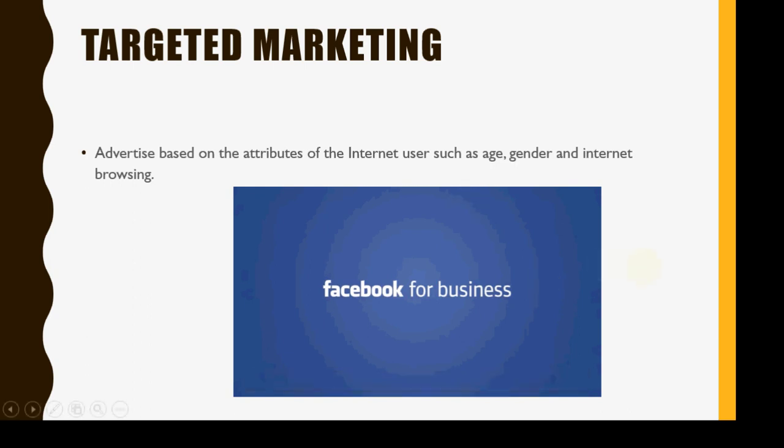Right, so that was about how Facebook could be used for target marketing, right? One of the interesting things the video showed was they can even target based on the device that they use, whether they are using a mobile device, a laptop, or a desktop. That's a great thing, right? So that means Facebook is getting all this information from us, isn't it? They take our age, our personal information, and not only that, even the device that we use. They check what kind of device we use, what kind of browser we use, all this information, right? So something to be aware of, but at the same time, it's going to be really useful, especially for businesses, right?